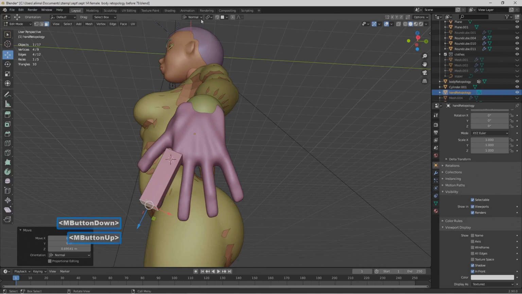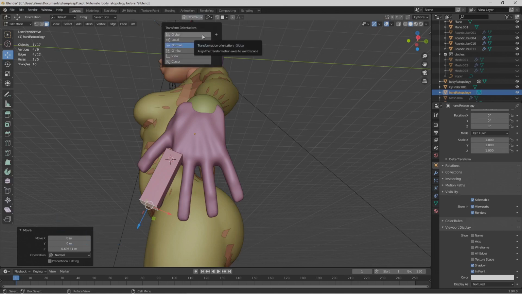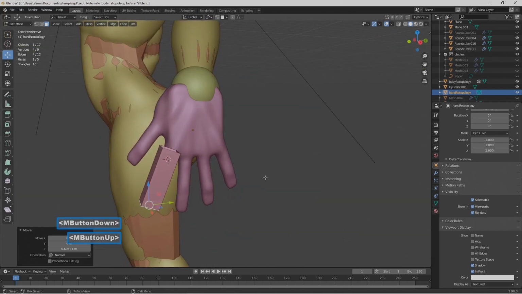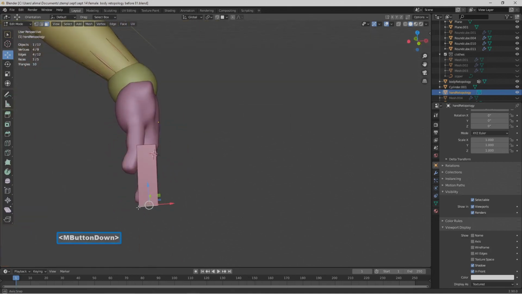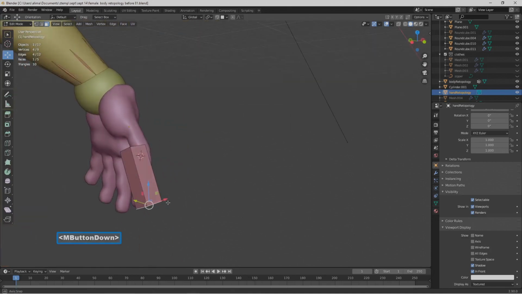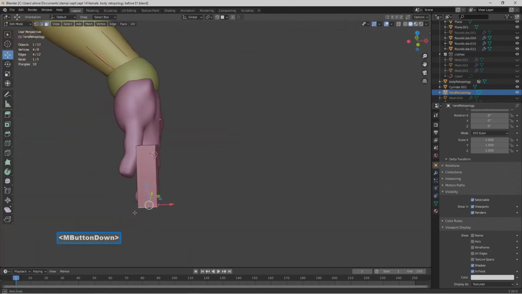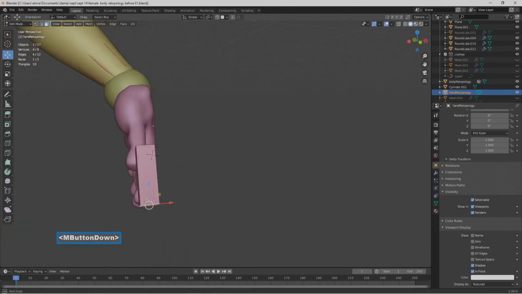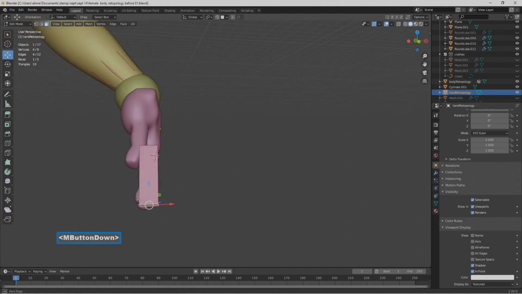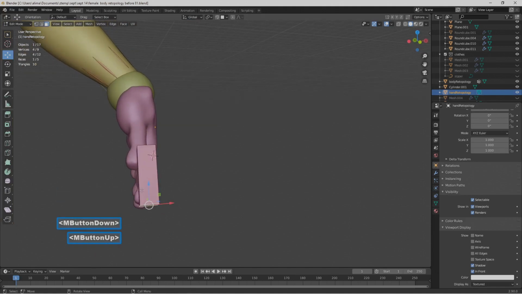With that done, I'll go back up to the transform orientation. I'll change this from normal back to the Blender default setting, which is global. I'll hold the middle mouse button to rotate. So what I'm looking at is trying to see if this is actually inside of the finger or the finger's inside of here. I'm going to press R to rotate on the